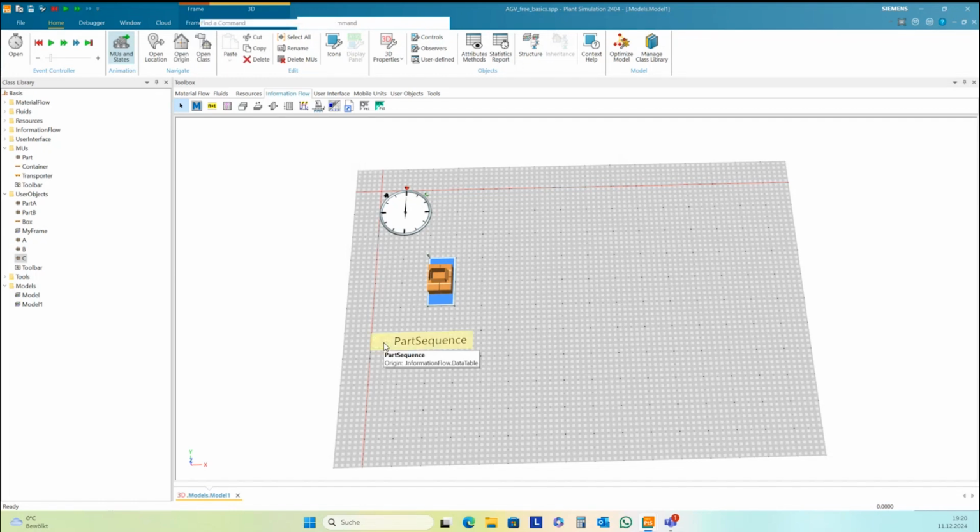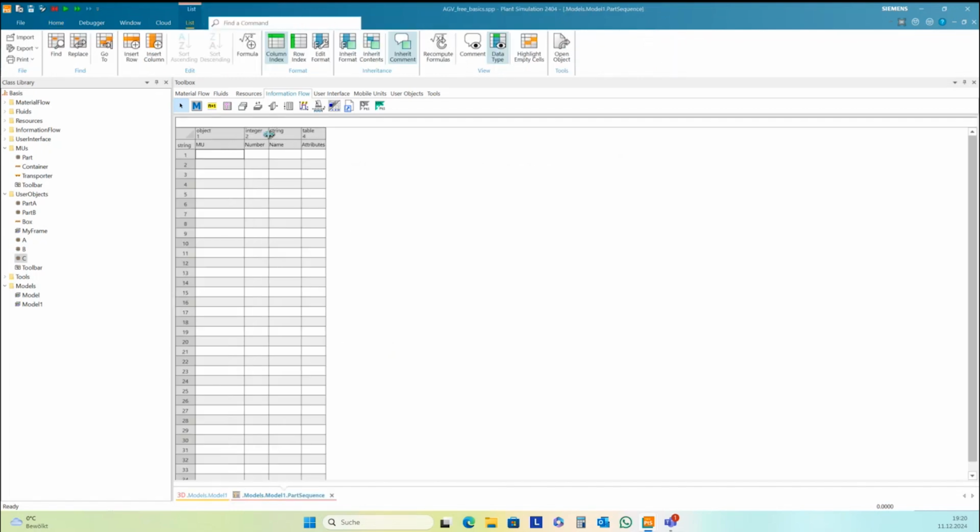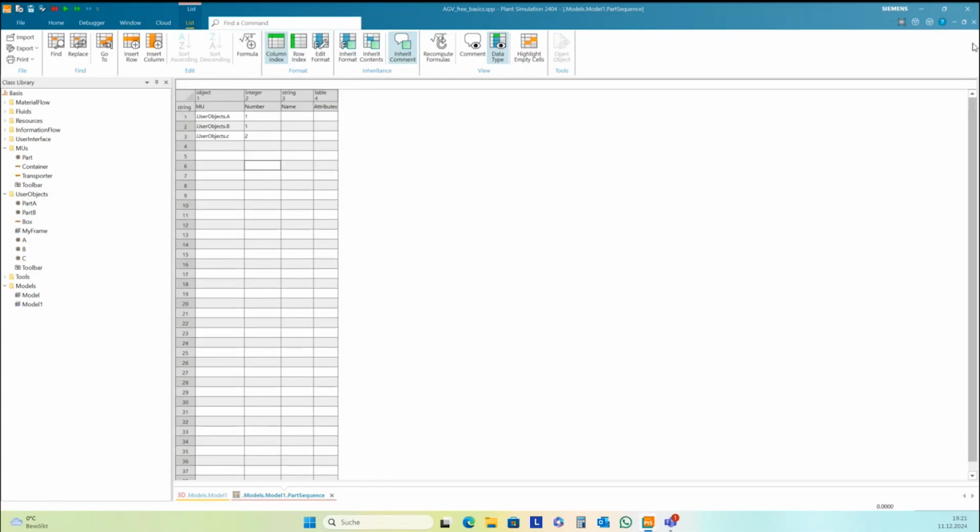Plant Simulation will format this table now and then drag the three parts into this table, part A, part B, and part C. And I want to set in this sequence one part A, one part B, and two parts C. Okay.